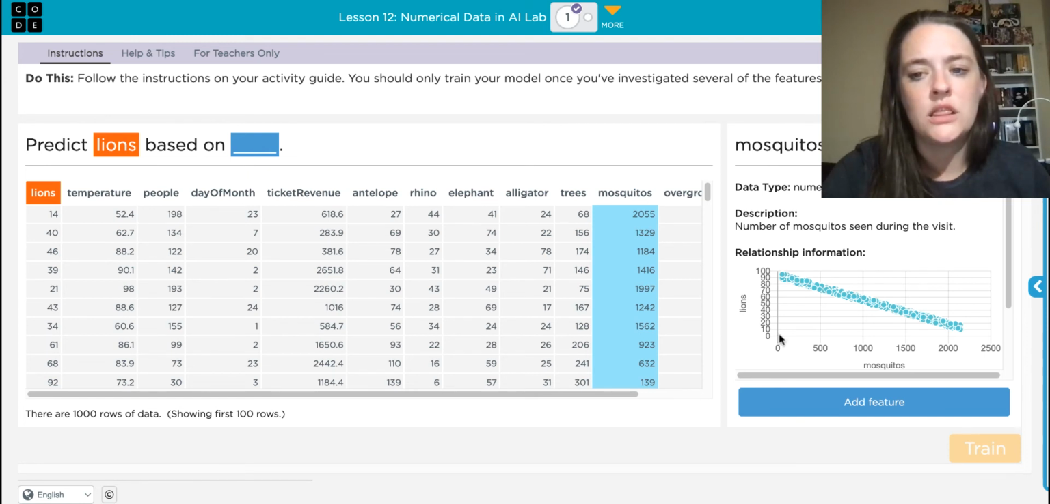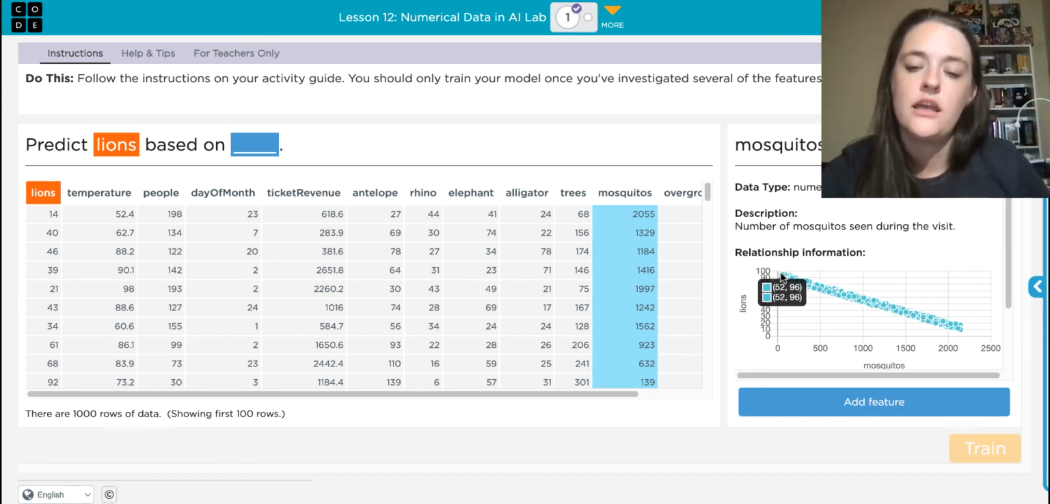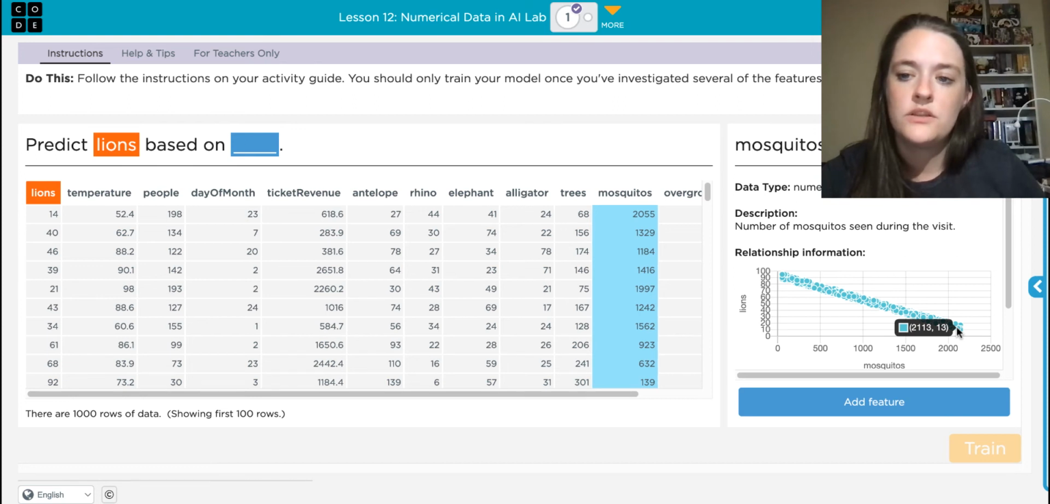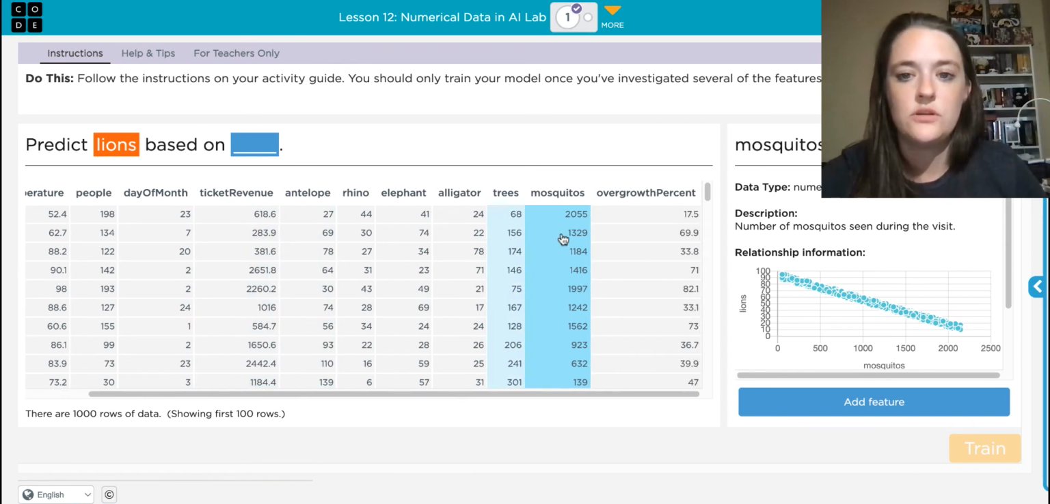When there's a lot of lions, there's not a lot of mosquitoes. That's kind of odd, because I really don't think mosquitoes would be afraid of lions. What is the relationship between that? When there's a low number of lions, there's a lot of mosquitoes. Okay, so you are going to